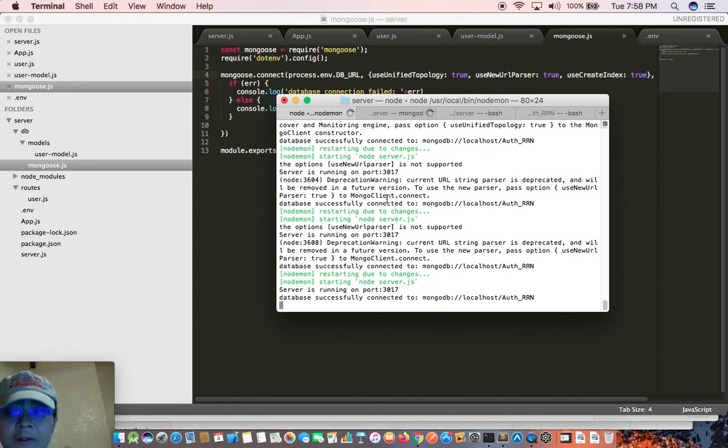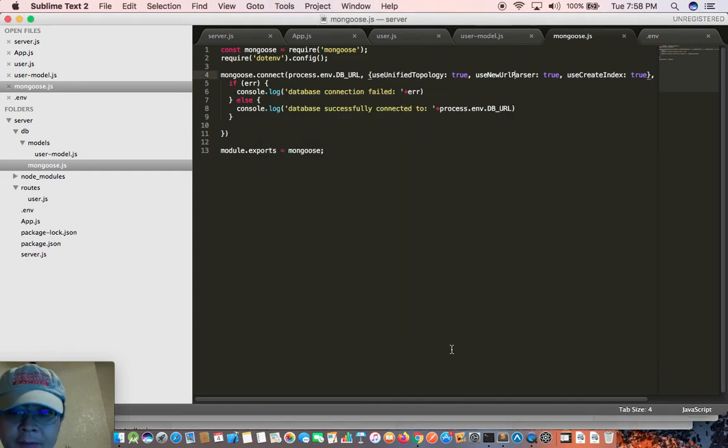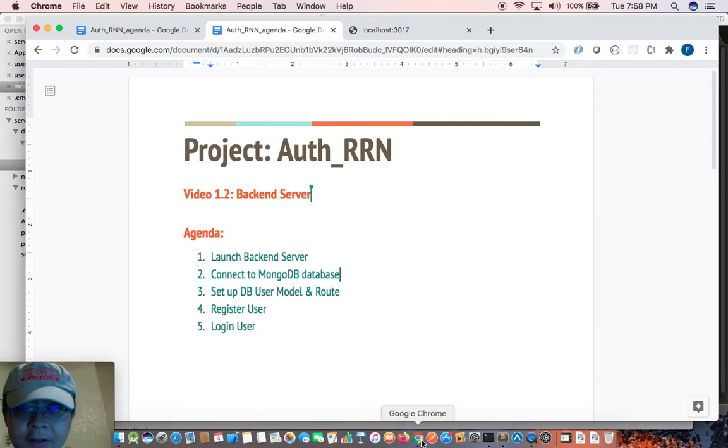Now it's working, and we have accomplished our second step of this video on our agenda. We are successfully connected to MongoDB, and the next step, step 3, we will actually set up